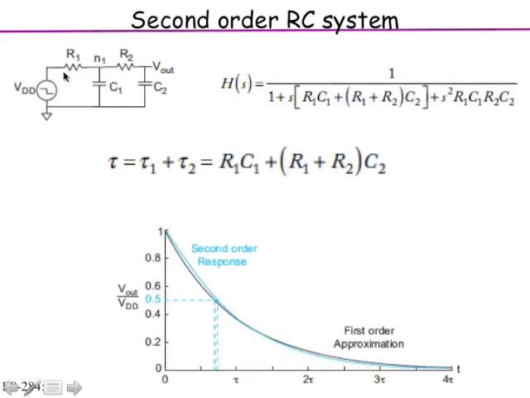That is okay for a single first order system. For a second order system, we have 2 R's and 2 C's. Then it becomes more complex, the transfer function, and then your time constant. What we simplify is we say that one of the two poles dominates, and we approximate this by a first order system with an equivalent time constant of R1 C1 plus (R1 plus R2) times C2. Okay, and then if you see the graphs here, it's not that bad, within a few percent, 7% or so you're there.